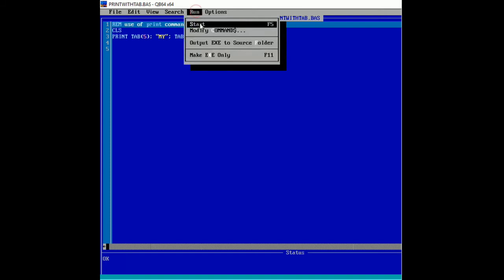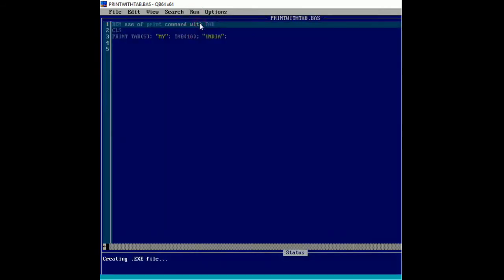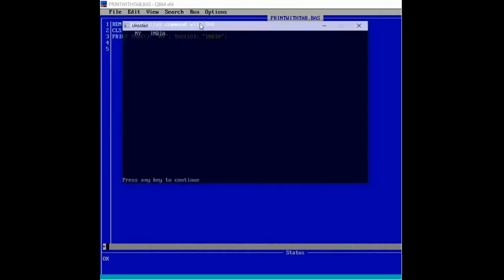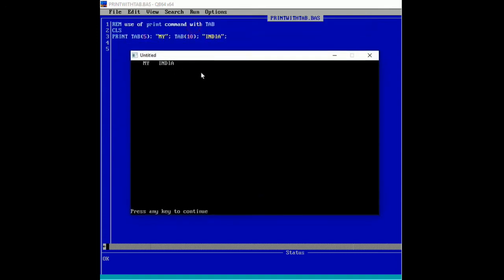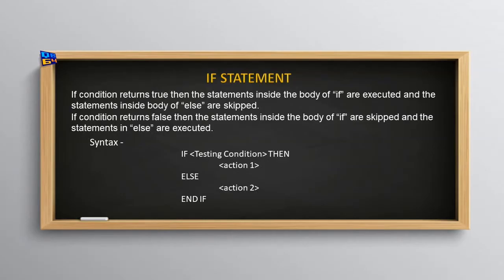Now let us run the program and see the output. Here is the output, my and India. TAB 5 first printed my in the 5th column and India second from the 10th column.